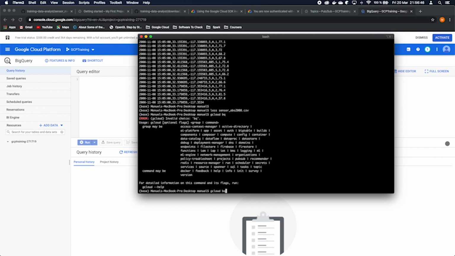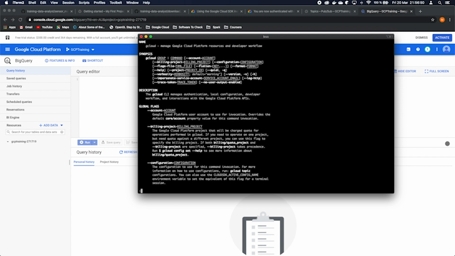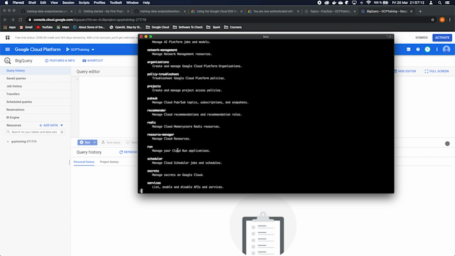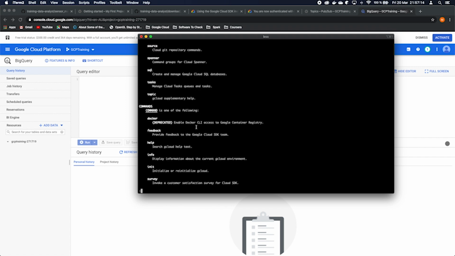And it's not bq, sorry guys, let's check. It should be big endpoints, let's check. It should be also BigQuery somewhere here.